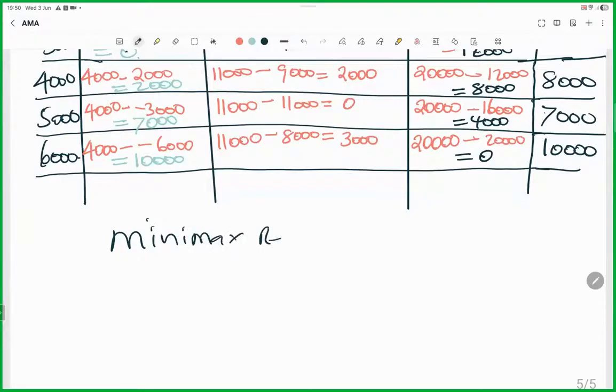Minimax regret. What are you supposed to do? First of all, the examiner will never add this word here. The examiner will tell you use the minimax method. So whenever they tell you to use the minimax method, for you to not forget this forever, always remember that minimax